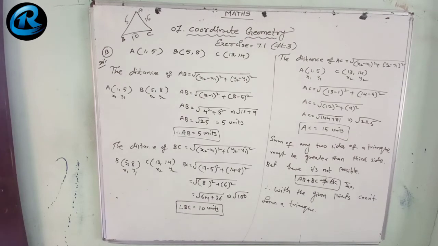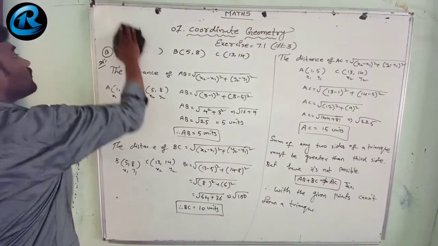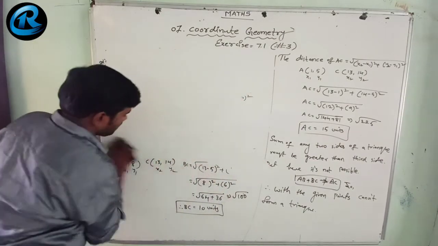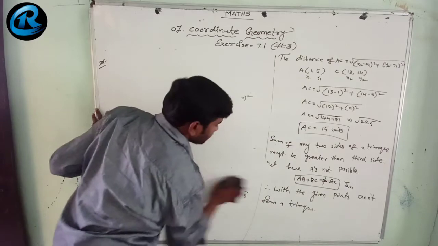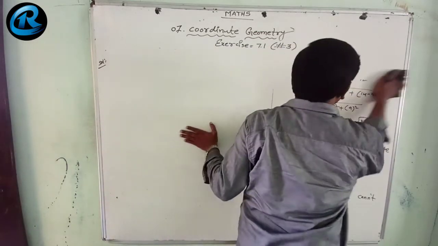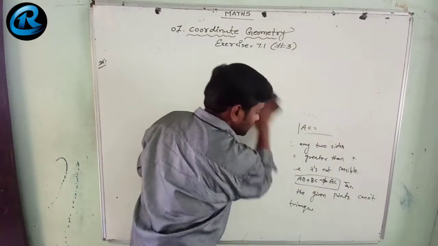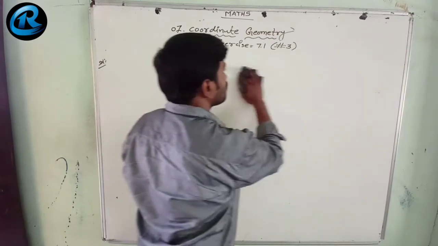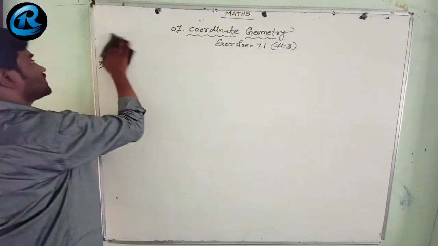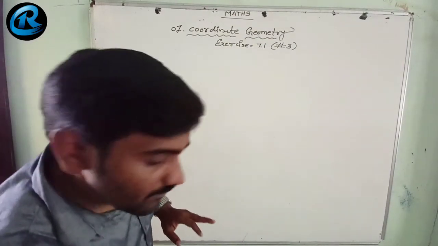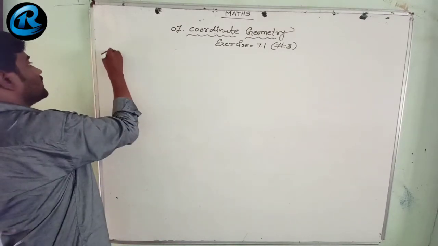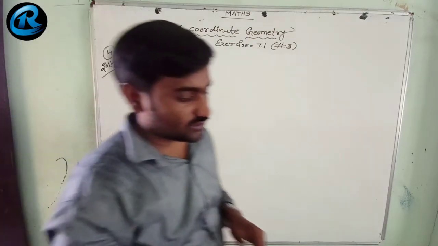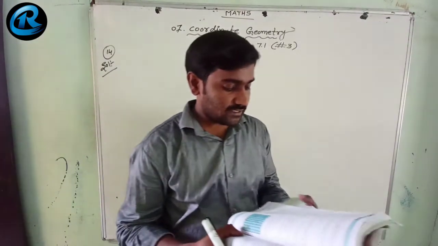Remember, children. Now we go for question number 14. See that question number 14 and question number 16 are both the same. A point (x, y) is equidistant from the given two points, and we need to find the relation between x and y. The 14th and 16th are very similar, both the same model questions. Let us solve these both questions and see.